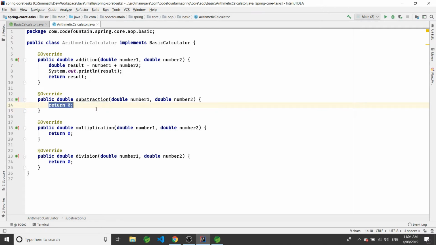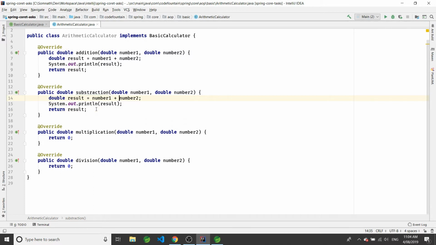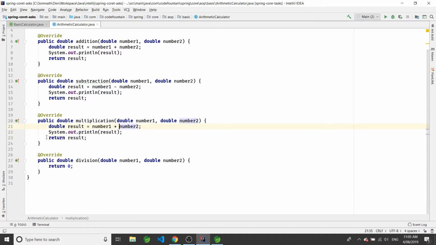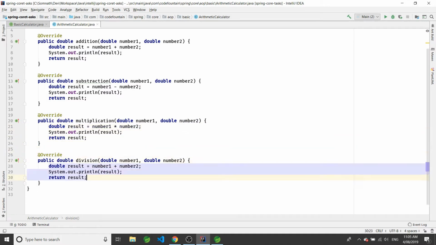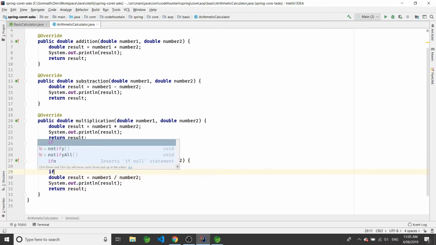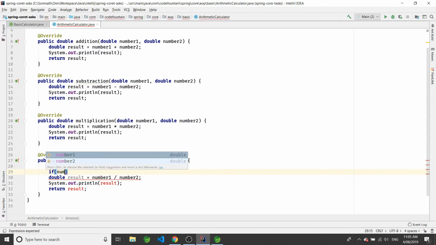So let's implement the subtraction method. And similarly the multiplication method. And lastly the division method. However, in case of division we want to handle the exception.